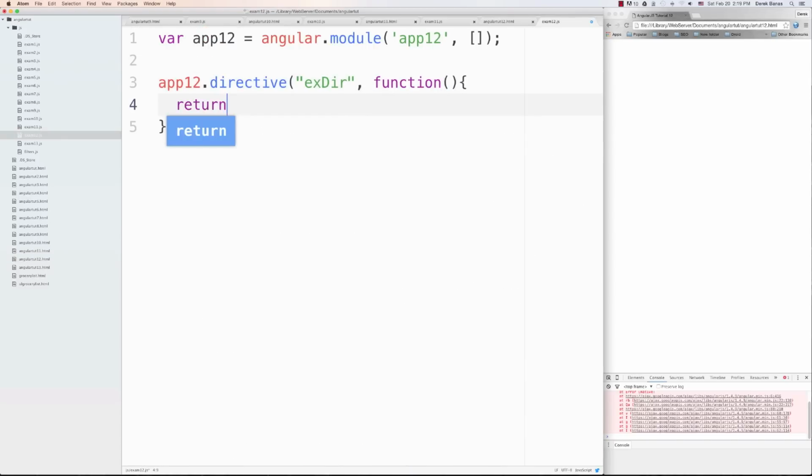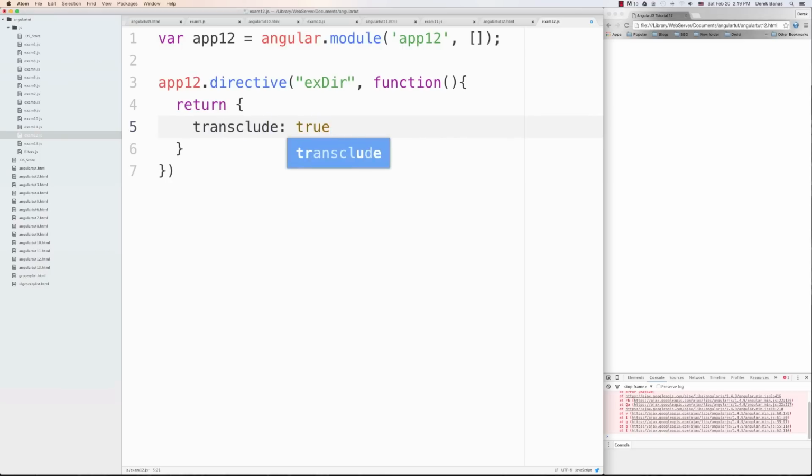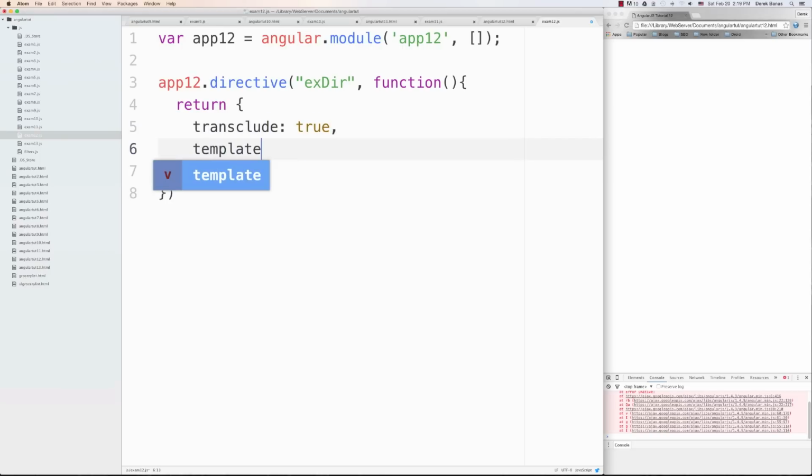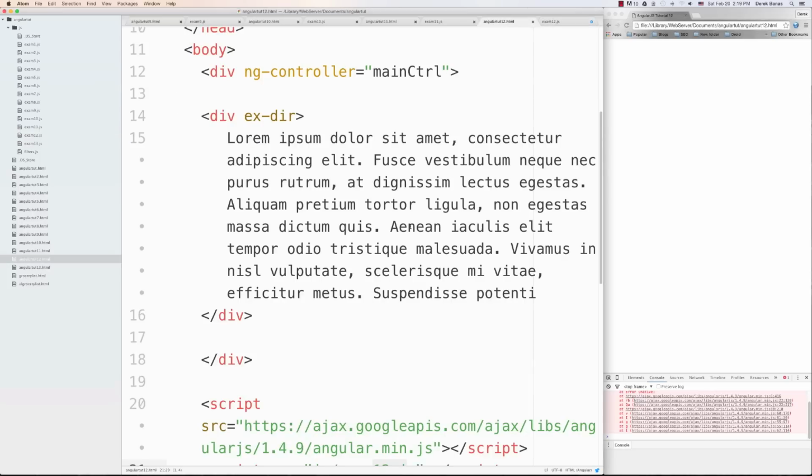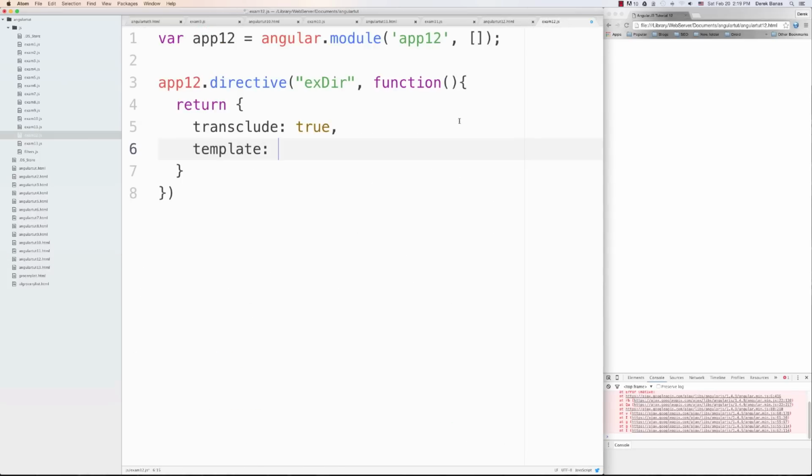Create our function, and then we're going to return the information we want here, and we're going to say transclude and set that to true. And then here we're going to define our template and where exactly we want our information that is already on the HTML, or this lorem ipsum, to show up inside of our template, because we're not replacing it, we're just going to put additional information inside of it with it. So let's say we want to create a div and we want to put an h4 tag inside of there, and we want to throw more lorem ipsum inside of there. Let's call this more